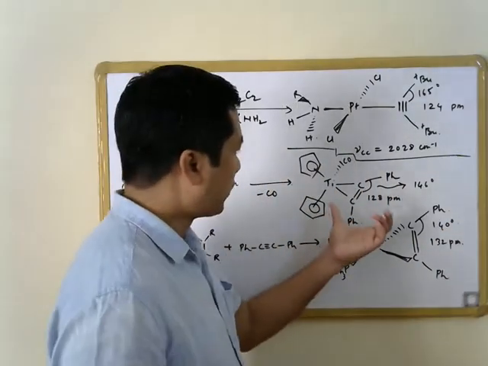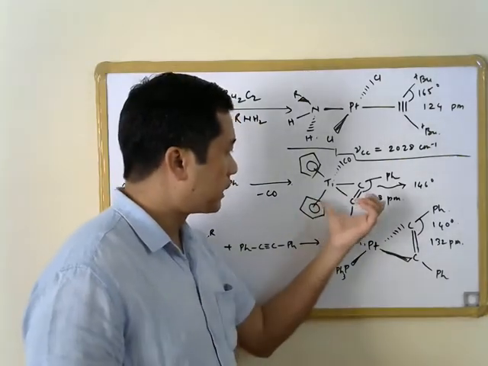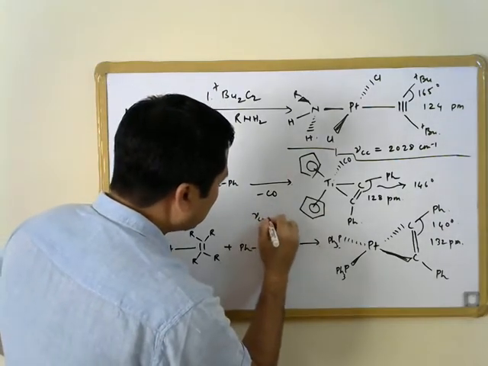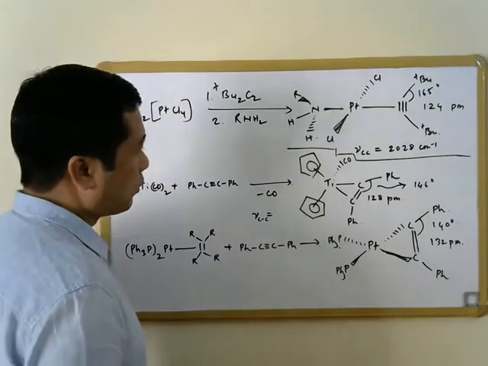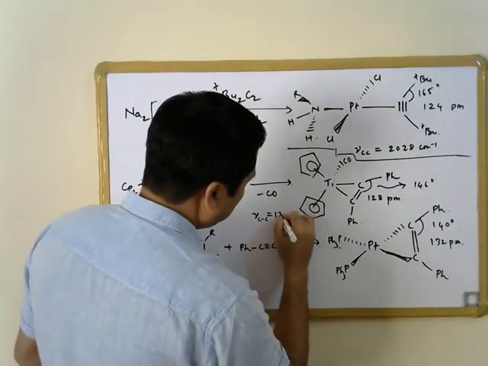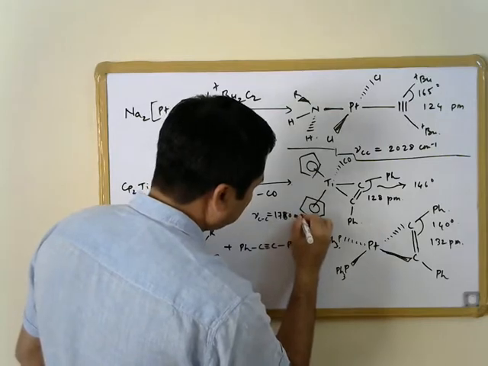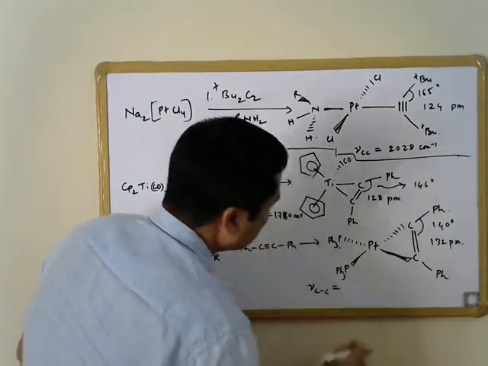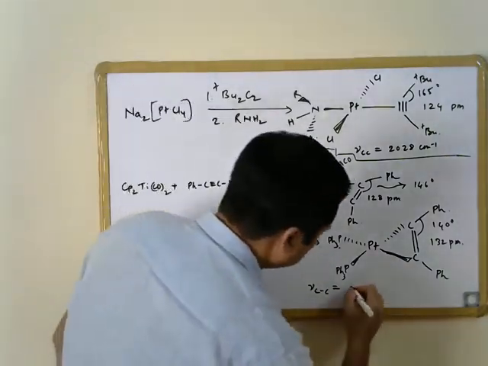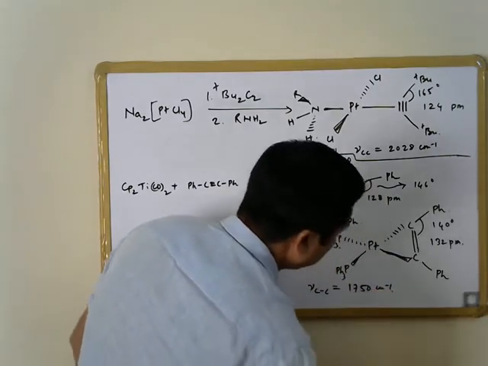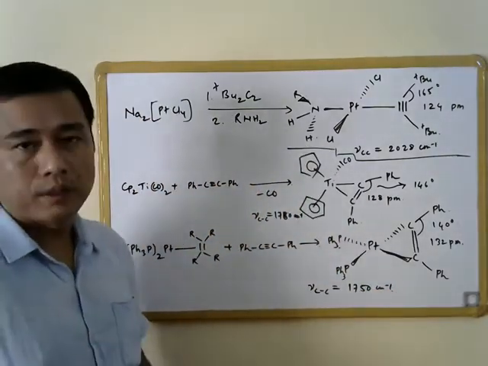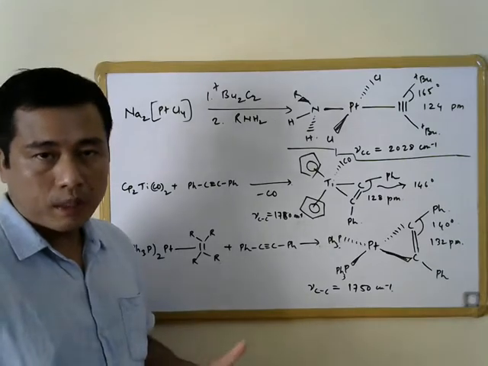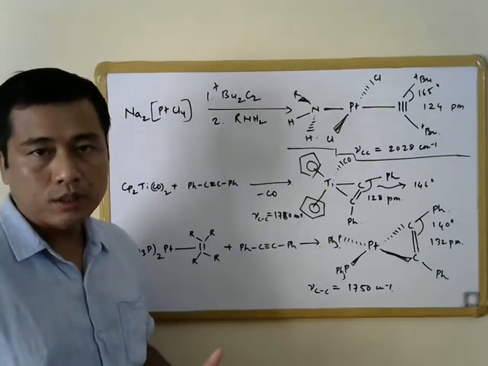So one particular important aspect that we have not mentioned about this titanium alkyne complex is that the C≡C stretching vibration in this compound appears at 1780 cm⁻¹, while the C≡C stretching vibration in this platinum complex appears at 1750 cm⁻¹. So what we have observed here is that, like in the case of metal alkene complexes, where we could write two canonical forms,